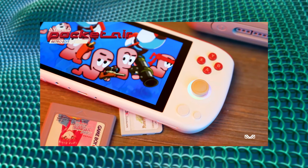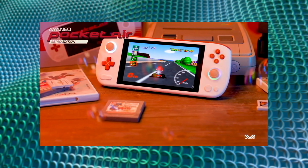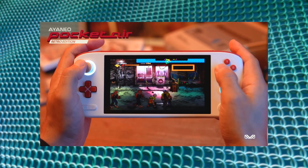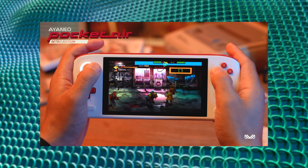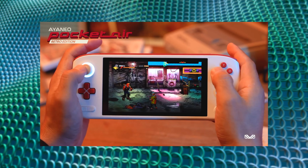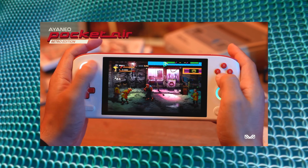Today we've got some exclusive news about the upcoming Ayaneo Pocket Air. Now, if you're not familiar with this device, it's launching at the end of August, and it's Ayaneo's first Android-powered handheld to hit the market. I personally love the look of it. It's got an absolutely beautiful 5.5-inch OLED display running at 1080p, and we already know a lot about the specs